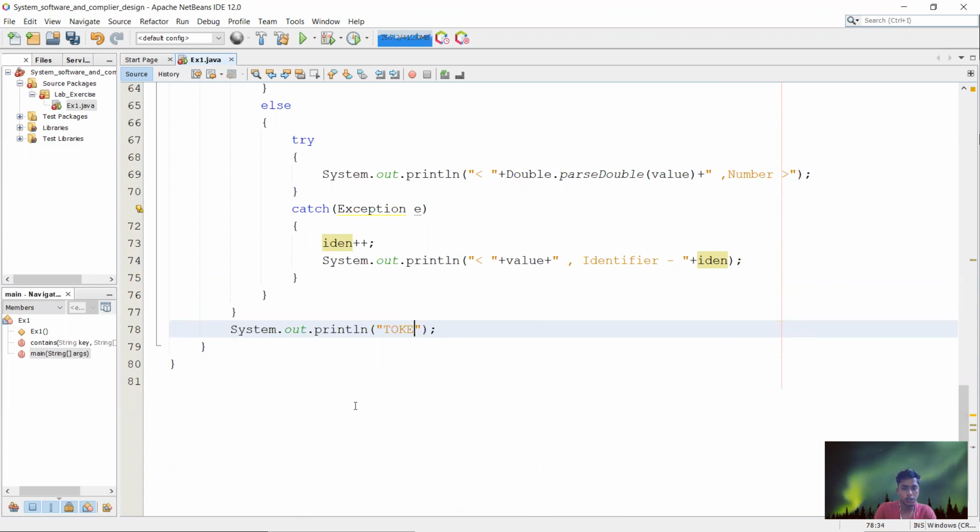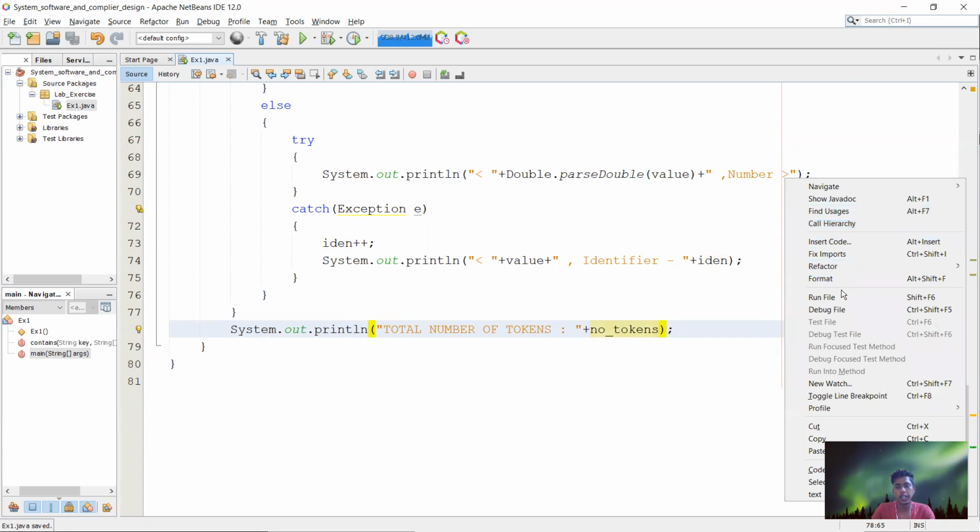Total number of tokens. Sorry, total number of tokens. So inside here, we need to print the number of tokens. So I have been printing the number of tokens. Now let us run again.